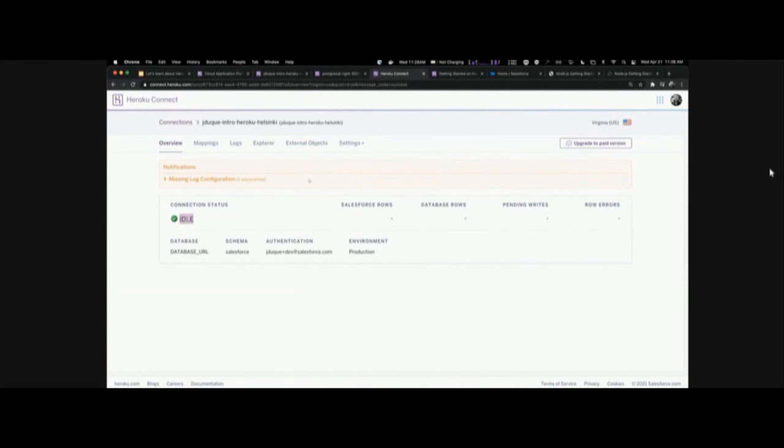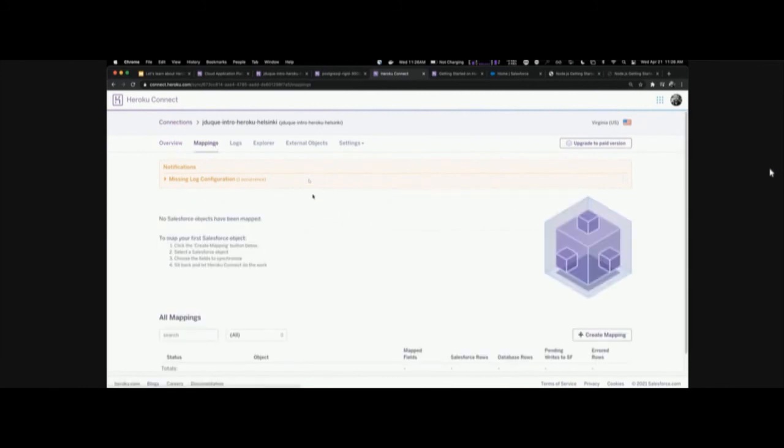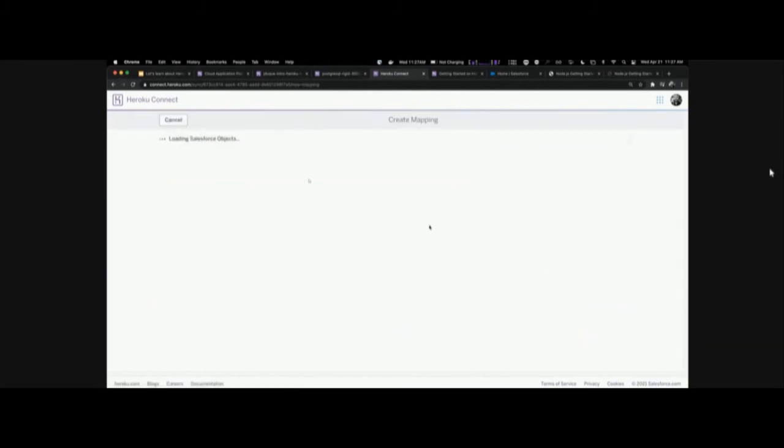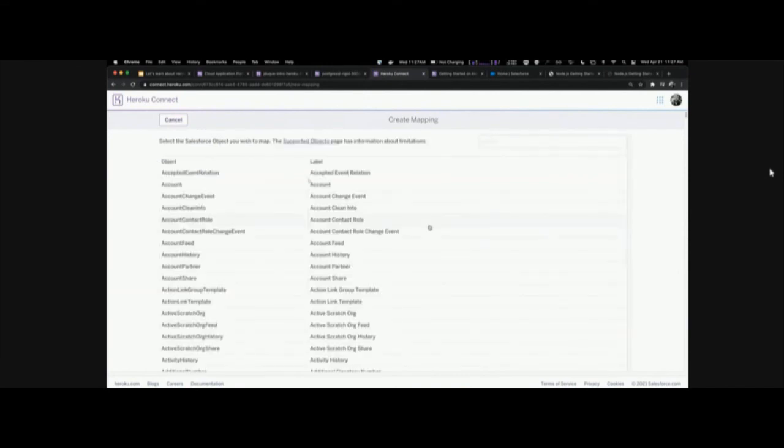Then we need to bring Salesforce objects into my database. How can we do that? By using the mappings. So I can go ahead and click on the mappings section, and I need to create maps for the different objects we are interested in bringing. So what are those objects? Let's create a mapping, and it will show us a list of the supported Salesforce objects that we can add into our Heroku database. And as you can see here, some things are familiar to you, for example,